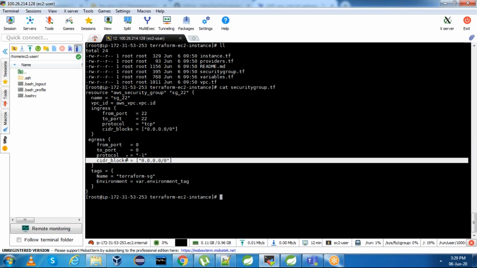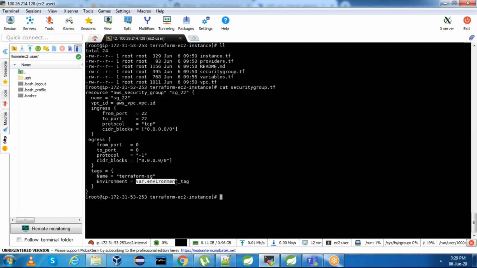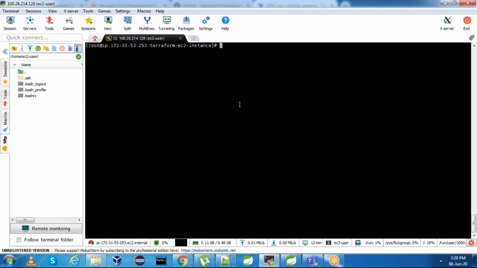Outbound I allowed everything. And the tag names, as I said, I mentioned environment tag as dev, and the VPC ID I am referring from the other file. If you see, this aws_vpc came from vpc.tf. Now we have providers, we have the variables, and we have the security group and the VPC as well. Now we will see the instance.tf file.